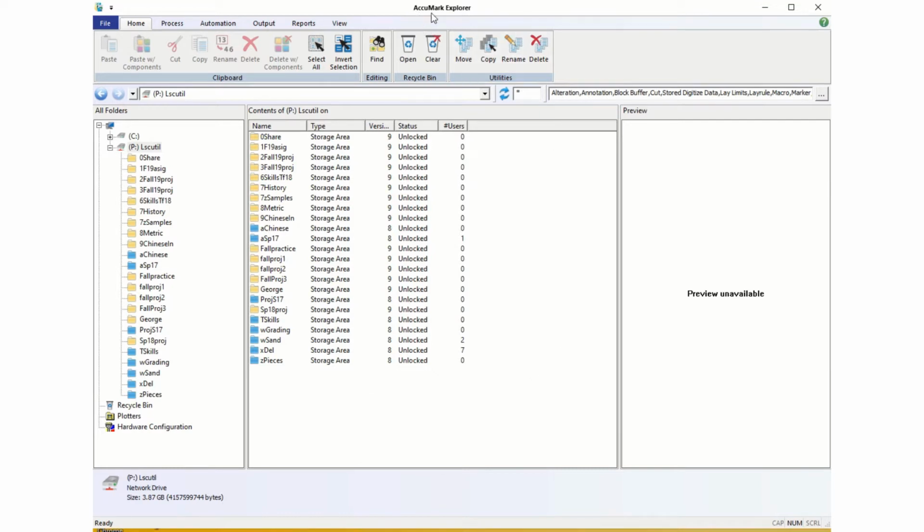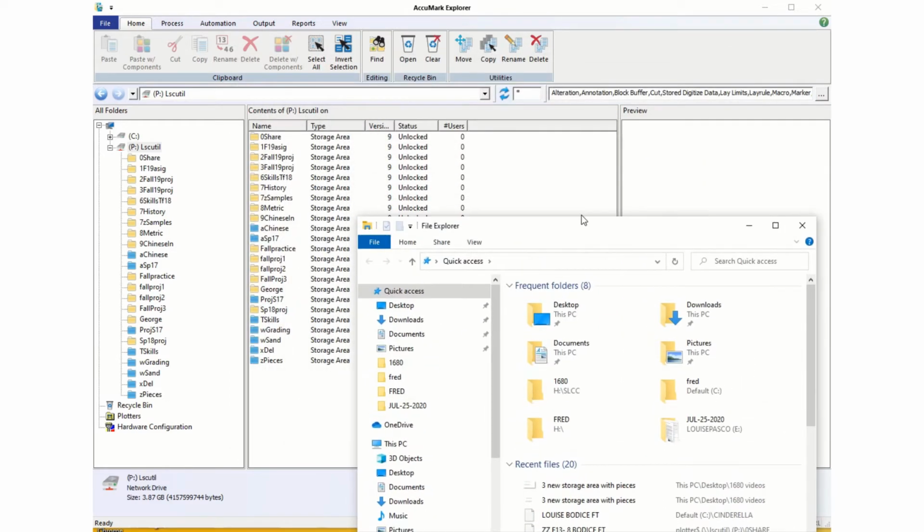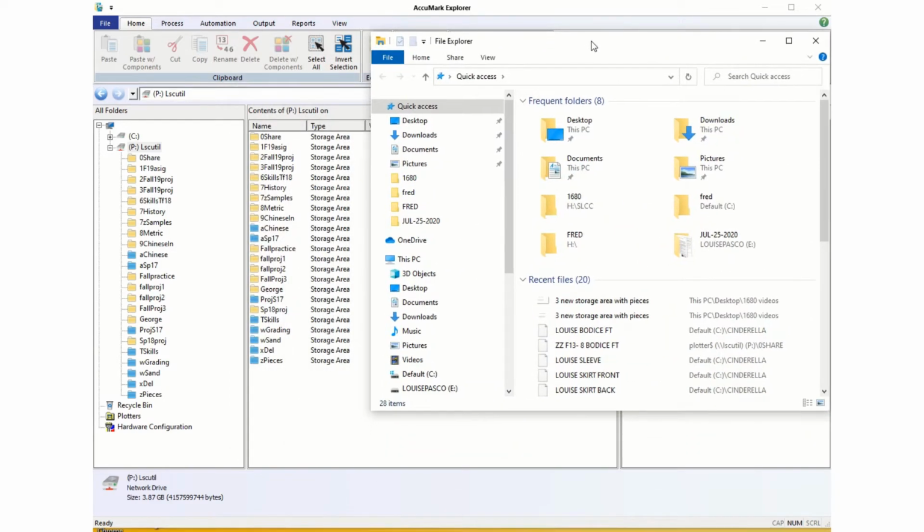So I've opened Accumark Explorer again. And in addition to Accumark Explorer, I also need to have Windows Explorer open. So this is Windows Explorer, and I'm going to put it kind of off to the side. And I can see my disk. So you want to plug your flash drive in